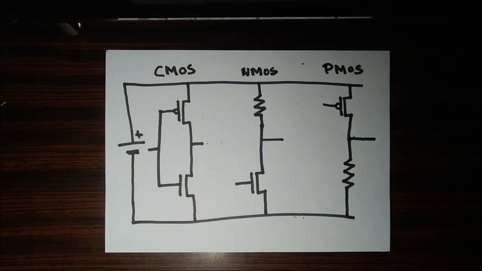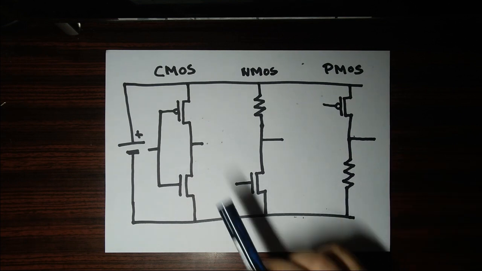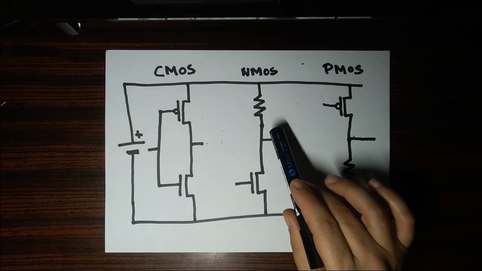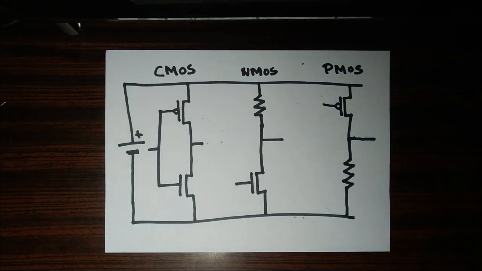There are two other classes of logic besides CMOS, which are the NMOS and PMOS. What you see here is the NOT gate implemented in CMOS, NMOS, and PMOS. NMOS is when you substitute the P-type transistor with a static resistor. A resistor, for example around 10 kilo ohms, is a worse conductor than a wire, but a better conductor than a good insulator. Its conductivity lies somewhere between the two.